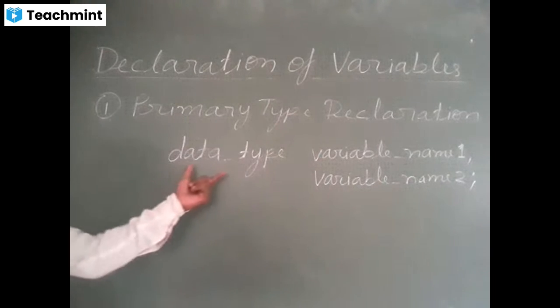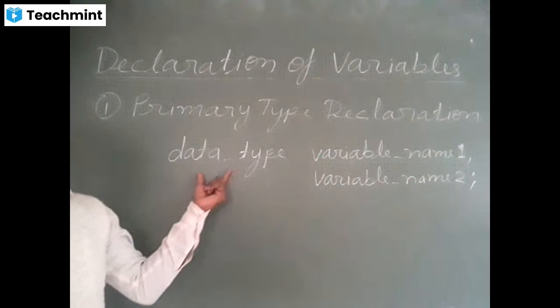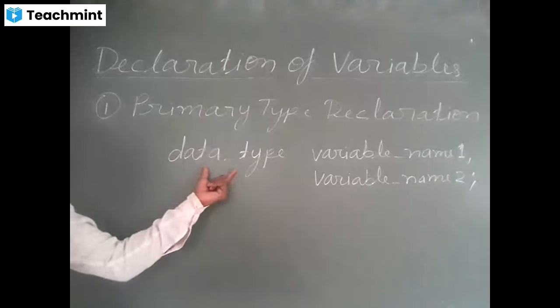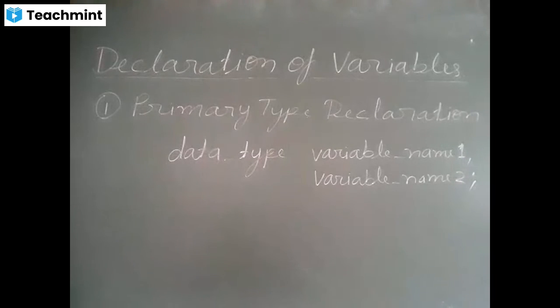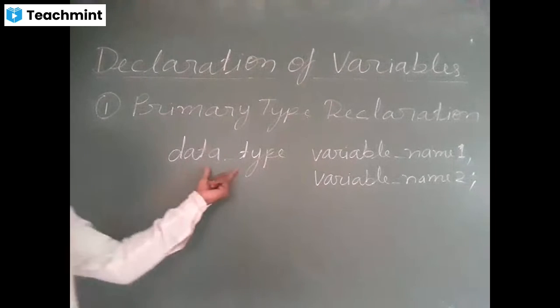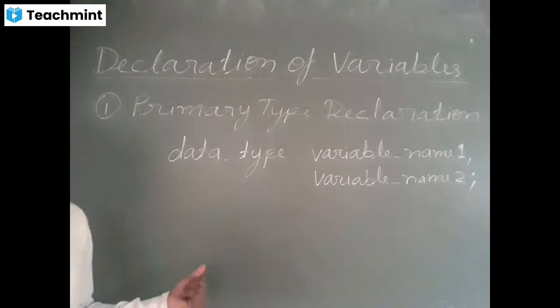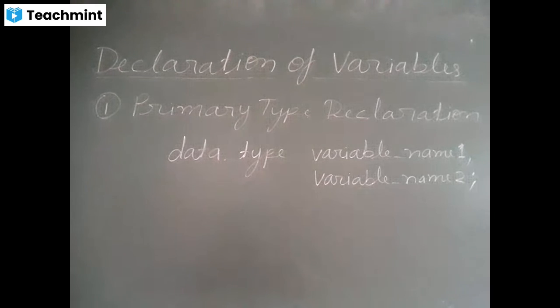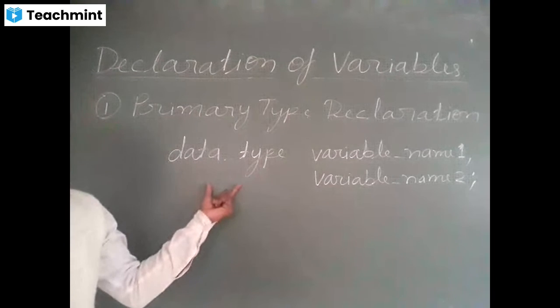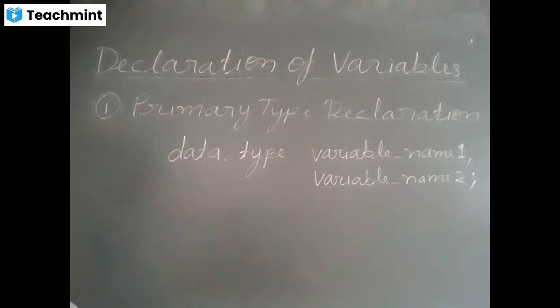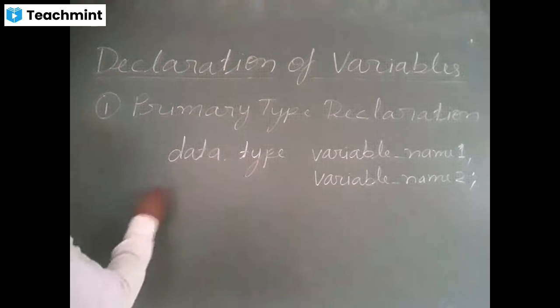There is a particular keyword for a particular data type in C. Previously I have already discussed the data types supported by C. So in place of the data type, we just write the keyword of that data type. For example,